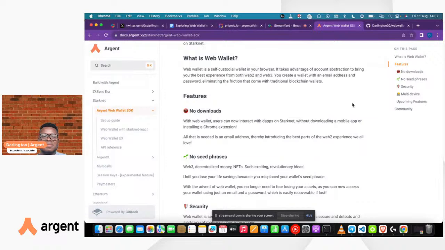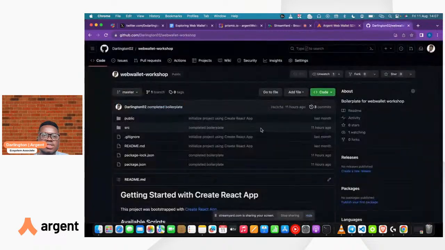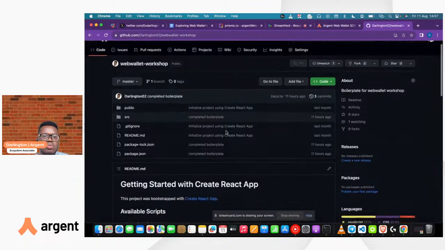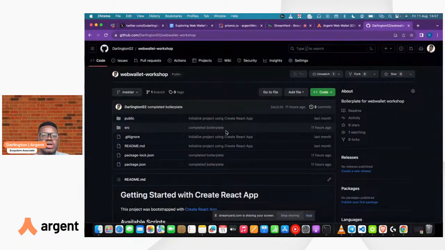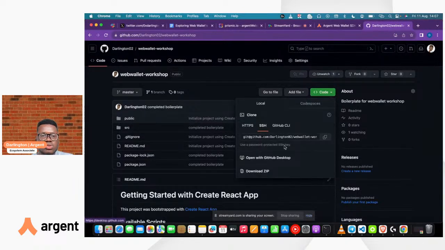All right. So, for the purpose of this workshop, to ensure that we don't beat around the bush, and to save our time, I already created the boilerplate which you could access here. So, probably head to my GitHub profile and check out the Web Wallet Workshop repository. It's a simple boilerplate that already contains the UI we are going to be building out. We're not going to start writing the code for the UI from scratch. Let's just clone it and see what's contained